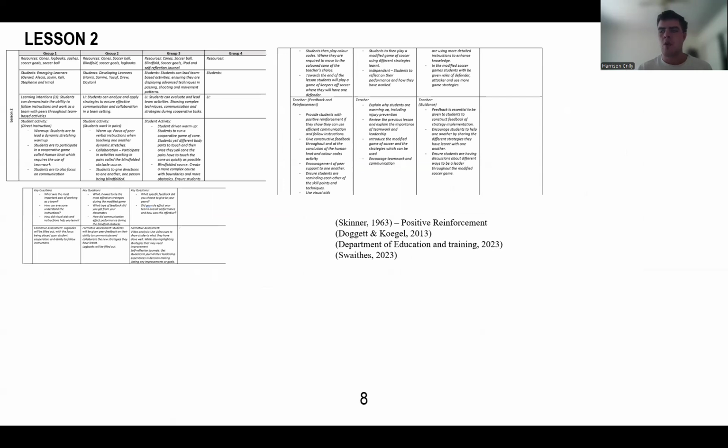So, the formative assessment requires a logbook to be filled out on their ability to listen to direct instruction from myself. So, the developing learners will be focusing on analysing game strategies, and the teaching method will be conducted in a collaborative teaching strategy to allow students to work together in a modified game of soccer. Students will also be working in pairs and will fill out each other's logbooks, offering two different perspectives in the